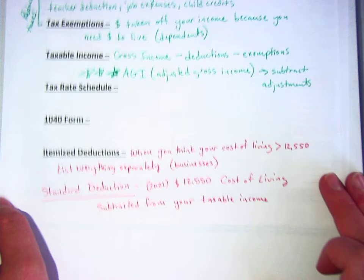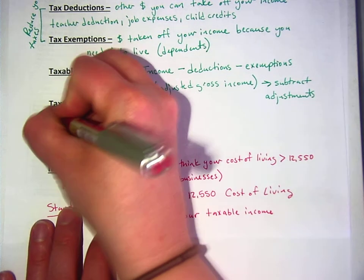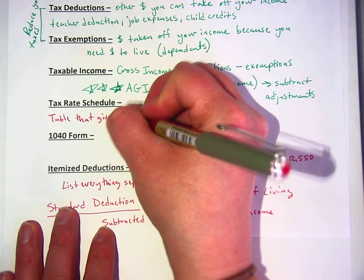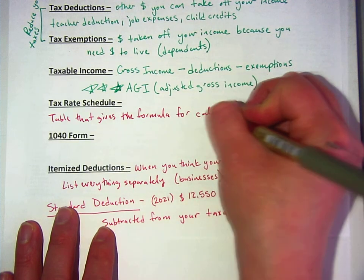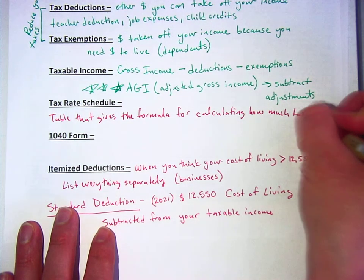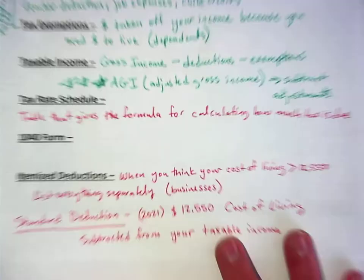All right, let's fill in a couple of these definitions we've missed in the past few days. Do you guys remember what a tax rate schedule is? This is a table that gives you the formula for calculating how much tax is due. Remember when we had that worksheet where you had to